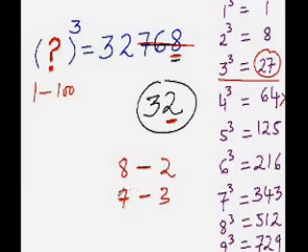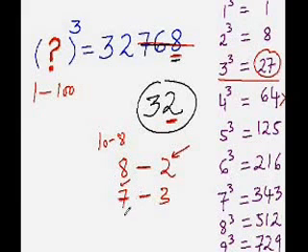All you need to do to find the conjugate pair of 8 is to subtract it from 10. So 10 minus 8 is 2. If you have to find the conjugate pair of 2, then you subtract 2 from 10, so again you will get 8. Same logic here. For the conjugate pair of 7, 10 minus 7 is 3, and for 3, 10 minus 3 is 7. Are you getting the point?